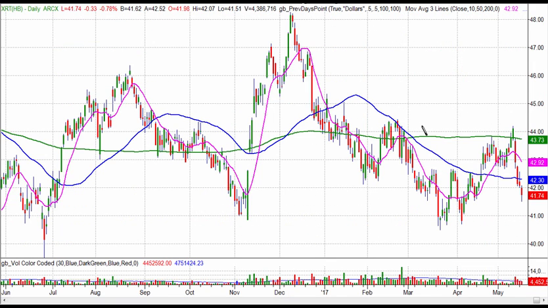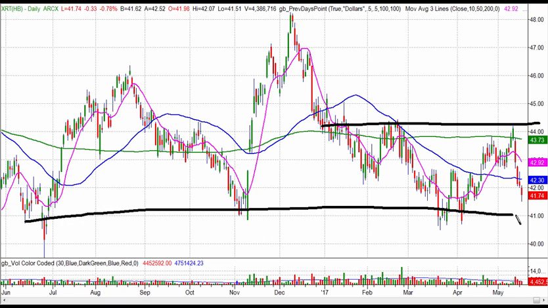Retail. But I think if you step back and take a bigger look at the XRT, XRT is really just kind of stuck between 44 and change and 41. It broke the 200, which is obviously a big institutional level, and immediately fell apart. But it fell apart because a slew of negative earnings came out. So it was really primed at the top of a range, top of an important range. Negative news, what does it do? It goes down towards the bottom of the range. So until XRT breaks down through this 41 and continues lower, I think it's just stuck in a range.